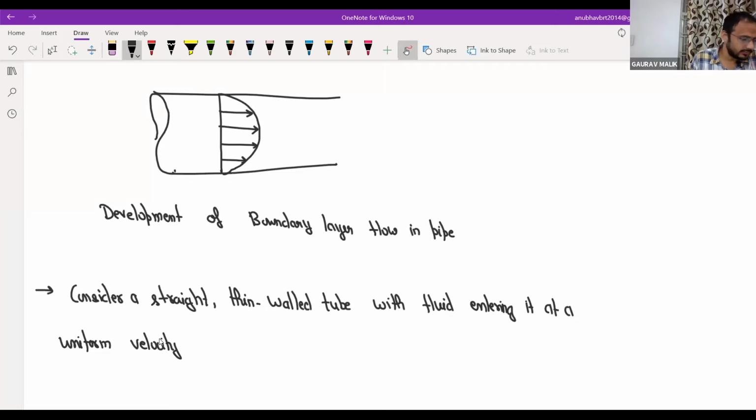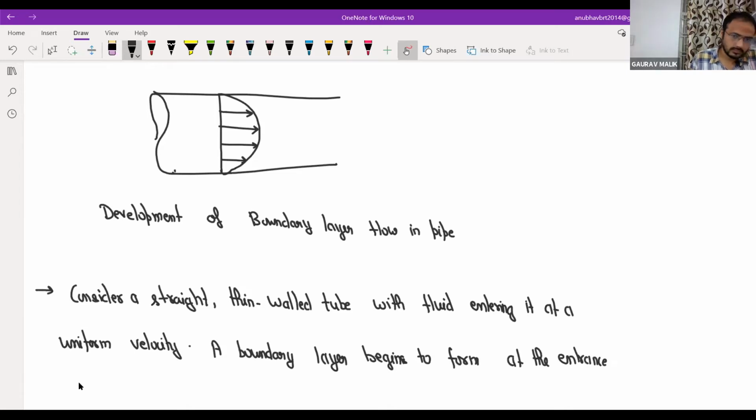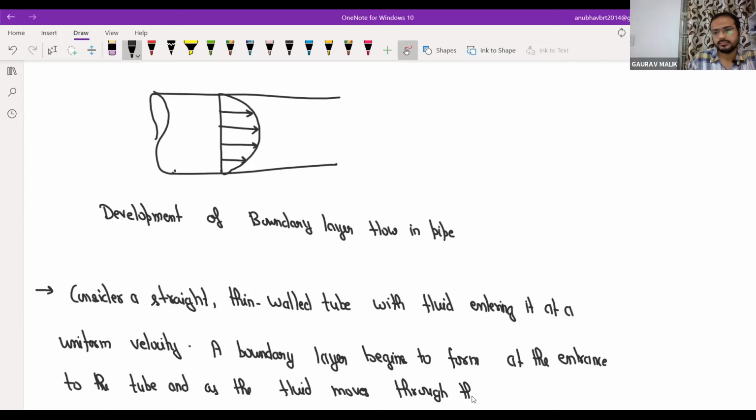A boundary layer begins to form at the entrance to the tube, and as the fluid moves to the first part of the channel,